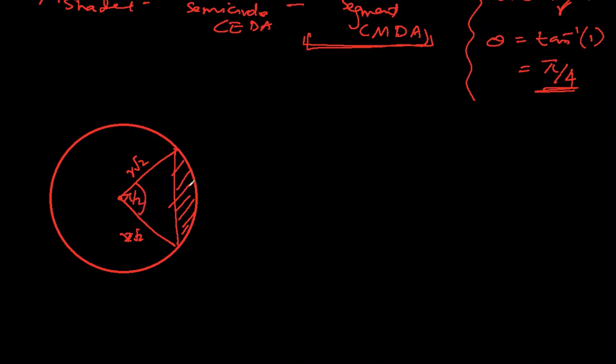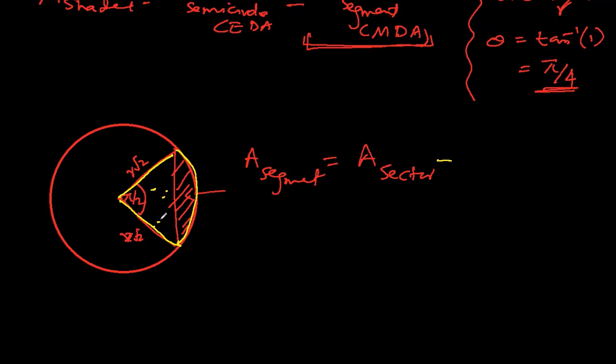Okay, now our focus is to find this area. So this area here, area of segment, will be area of the sector. Let me show you clearly which sector I'm talking about. I'm talking about this sector. And if I subtract the area of the triangle, this triangle, from the sector, I'll be left with the area of the segment. So area of the sector, we have the formula half theta r square. Theta is pi by 2, r is r square root 2,